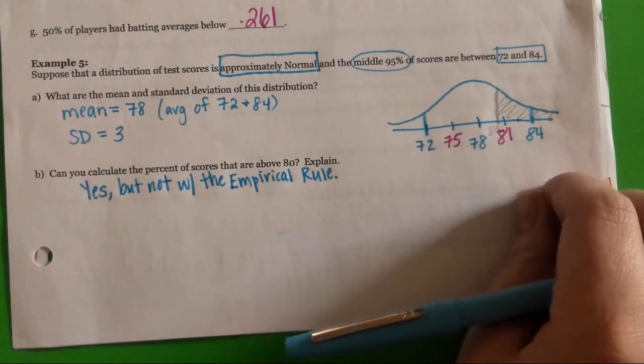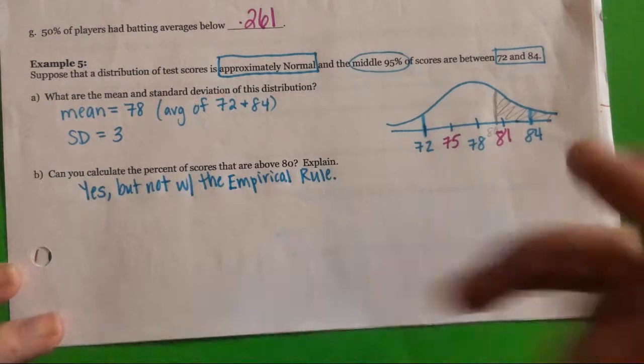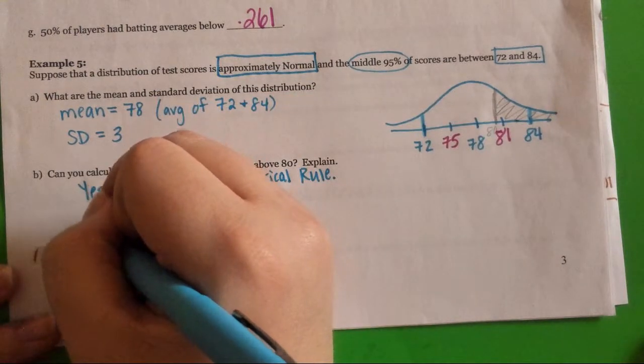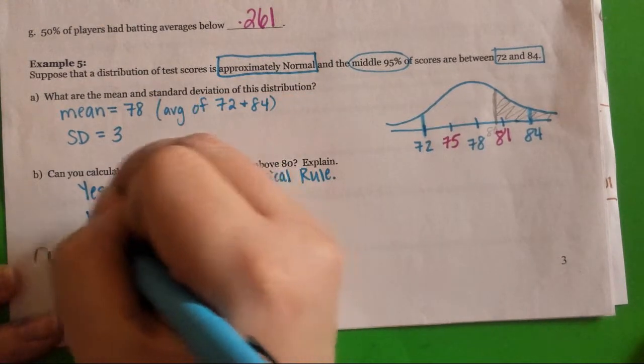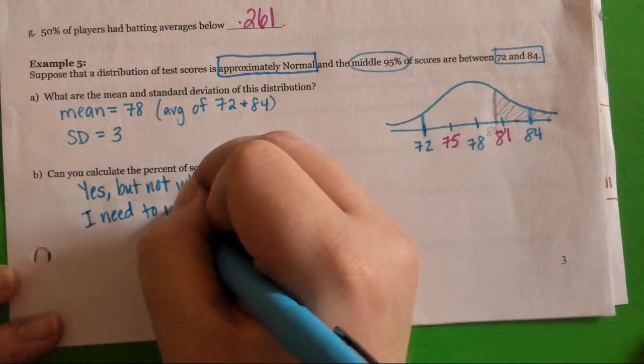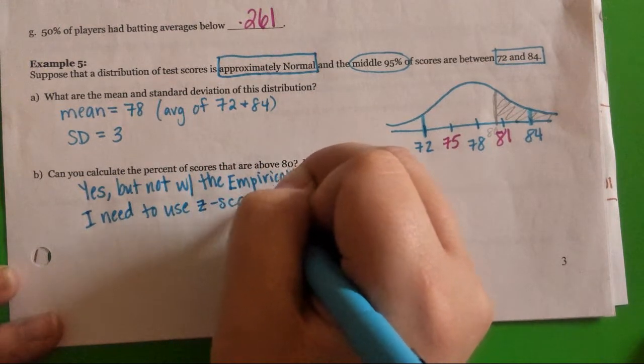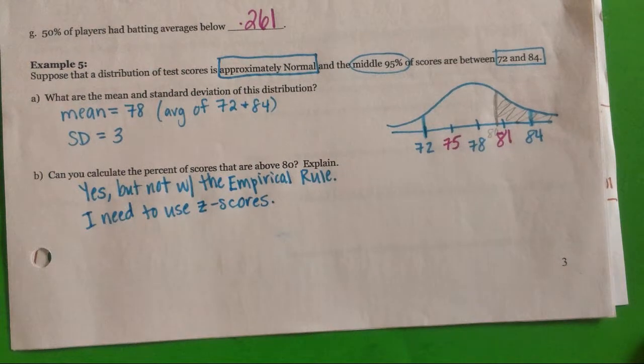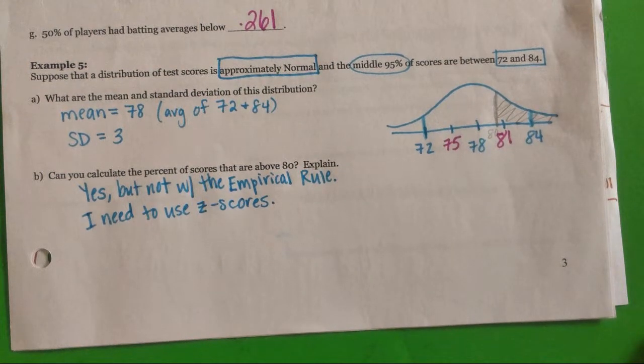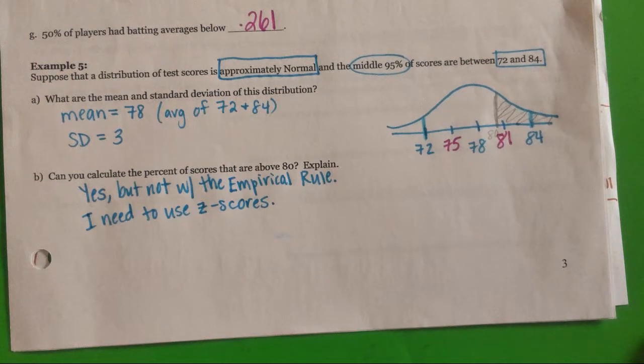Yes, but not with the empirical rule. So we've got to use something else. I need to use z-scores. Okay, so let's talk about z-scores. Again, Jackson's right. Everything's beautiful when it says standardized and normal. If it doesn't say standardized or approximately normal, we're not going to be able to use any of the things we've been using. But since it did say approximately normal to begin with, we are going to get to use a